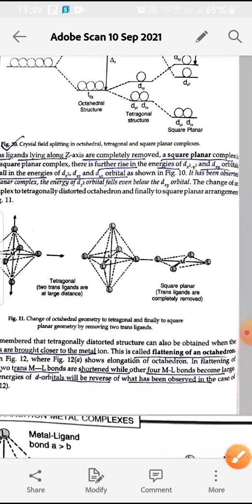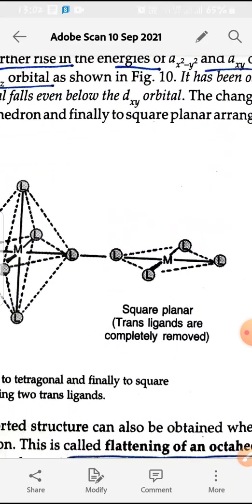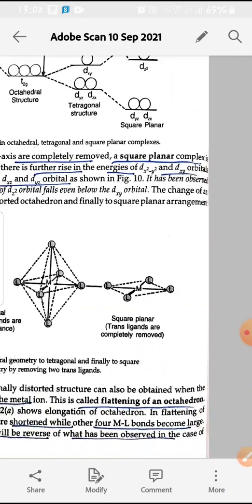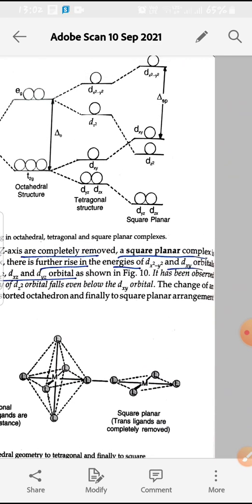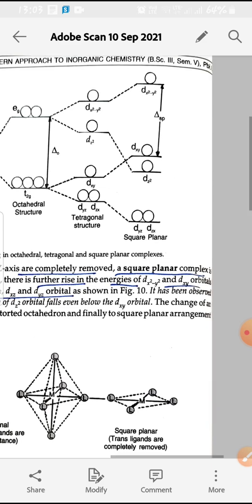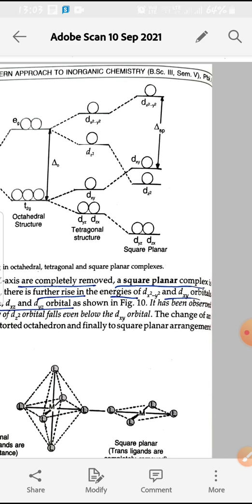Next, as we withdraw the ligands completely along the z axis, there will be a square planar complex. Then along the z axis there will be less repulsion, and the energy of dz square decreases again, even below dxy. The dx square minus y square orbital comes even closer to the central metal ion, so there will be more repulsion and its energy increases. So the dx square minus y square energy further increases, and the dz square energy decreases such that it even goes below